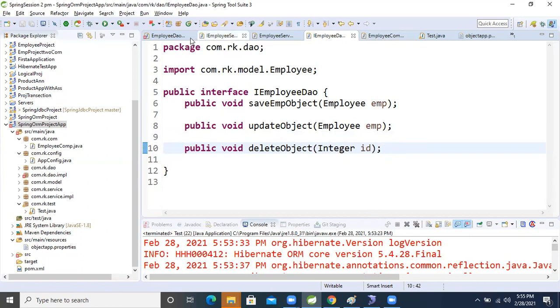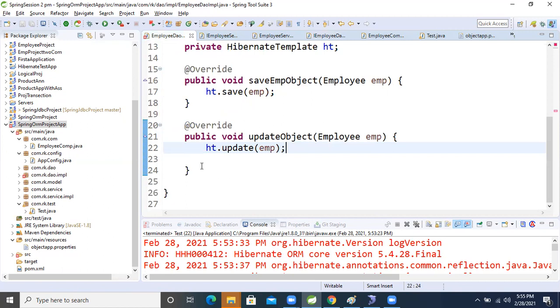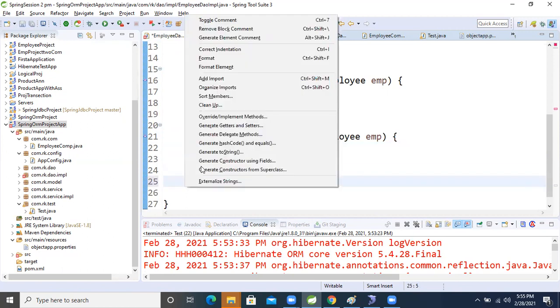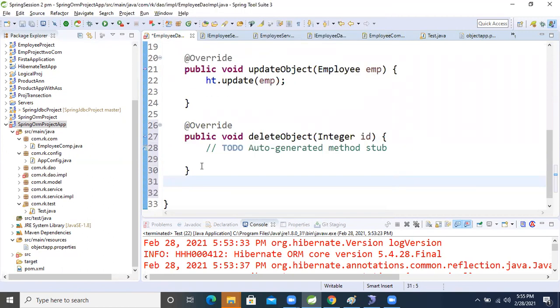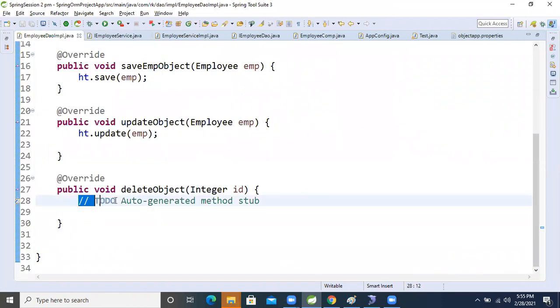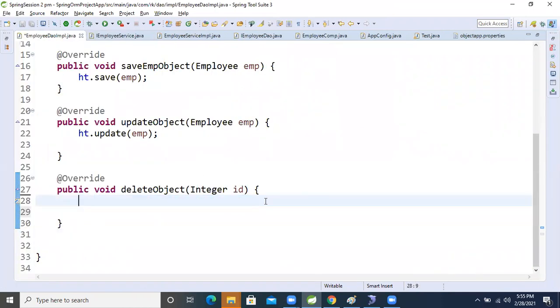So where will we go? We will go inside its implementation class, Alt Shift S plus V. So in the DAO layer, based on that employee ID we will delete it. We need to delete. So first what do we need to do?